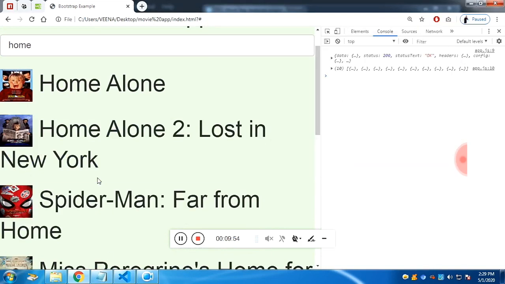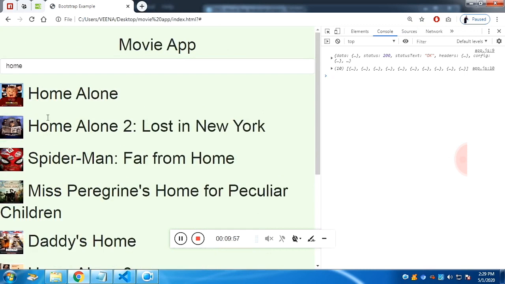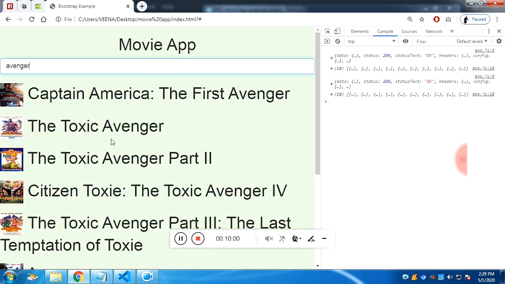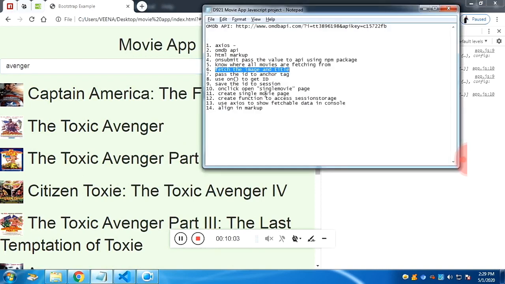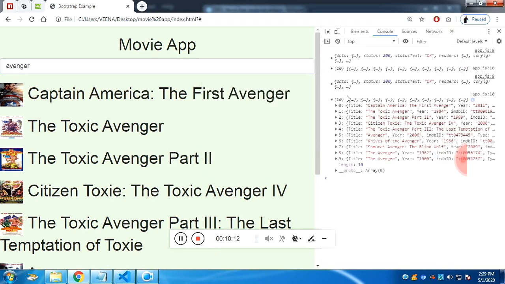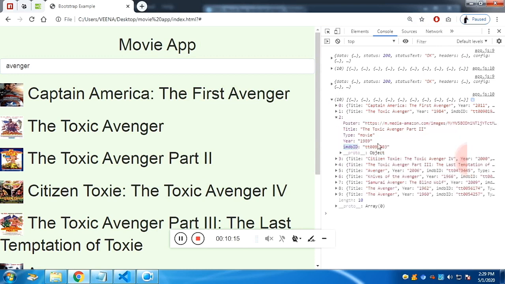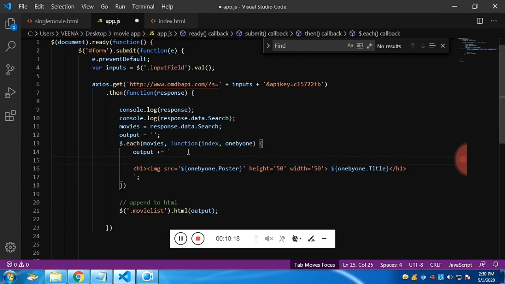Now these links need to be clickable. To make them clickable, we have to surround the heading and the image with an anchor tag, and this anchor tag will have an additional attribute, that is, we will be passing the IMDb ID to it. Let's see how it's done. Create an anchor tag with href. This href is not going to do anything, but with the help of a class we are going to add a listener to it and fetch the id. Data id is the attribute we are going to use, and we are going to pass the imdb id dynamically.